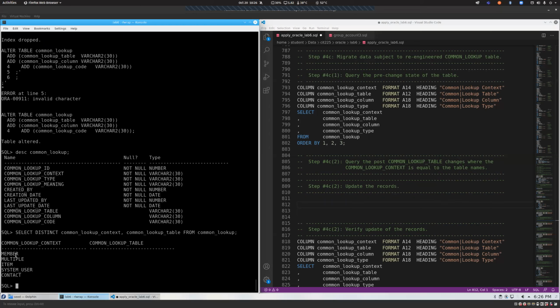So we can see all of our unique values here. We have member, we have multiple, which is the issue. We have item, system user, and contact. All of these are going to come straight across, or could, except for this multiple. So let's do that. Let's say update